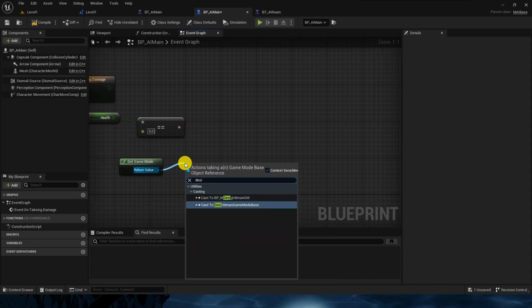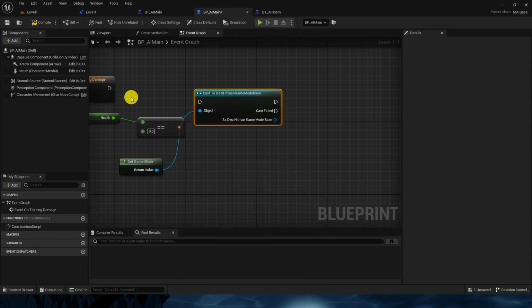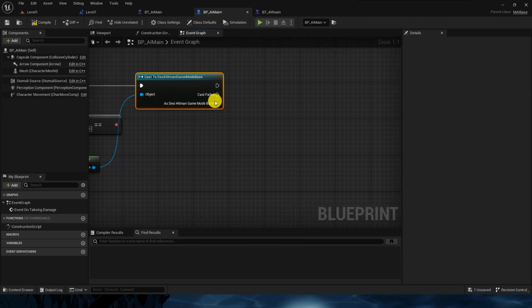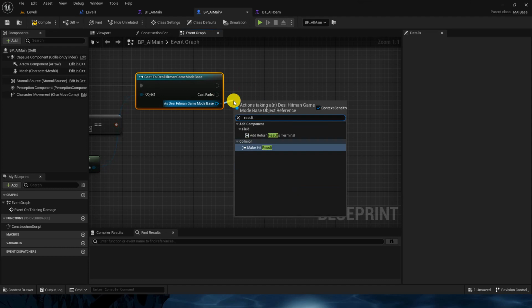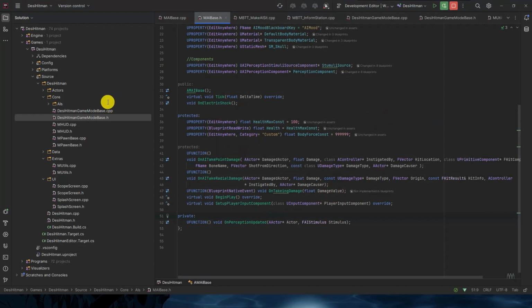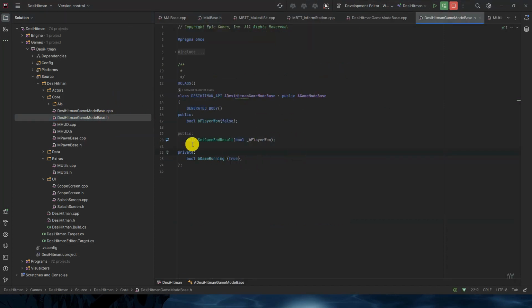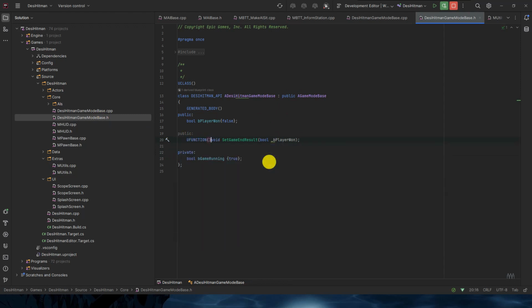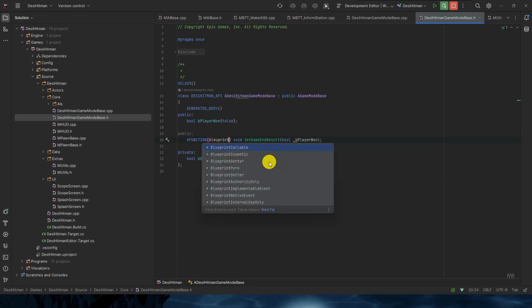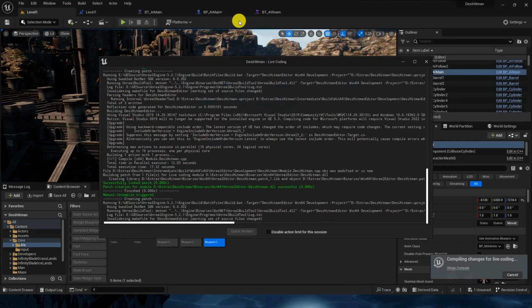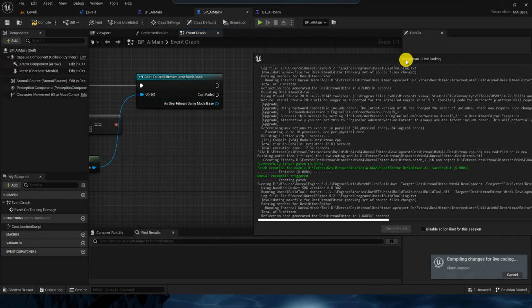DC Hitman, yes, put it here, and I will set result. Okay, I haven't made the function visible to the blueprint, so I will add UFUNCTION BlueprintCallable. I can compile the AI main.